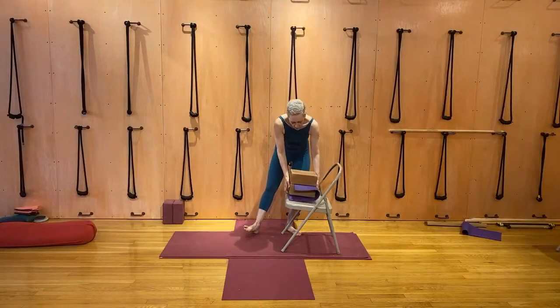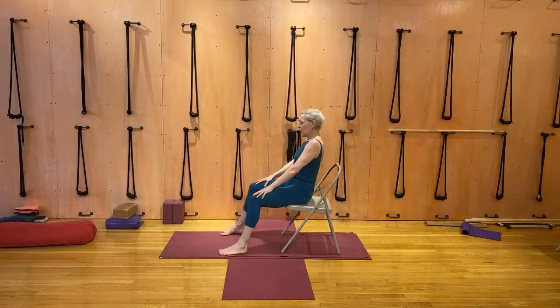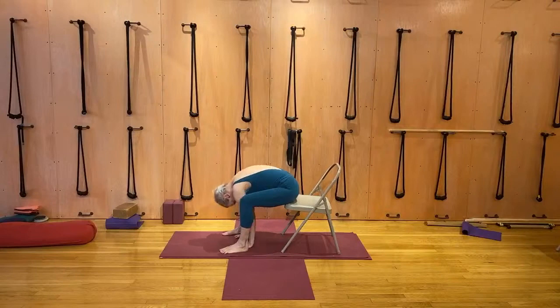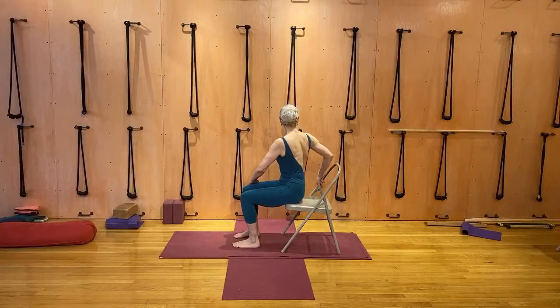Now, here we go. Take your props away. You're going to sit on the chair, and we've done this together before. You come forward, and you come down, and you release your back, and you release your brain. Let everything relax. Roll up through your spine, pause, take a gentle twist to the left, short and sweet, twist to the right,